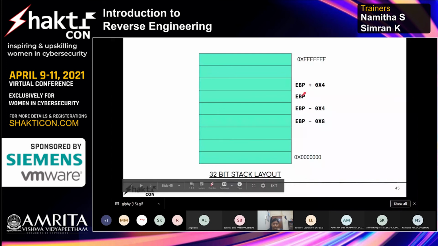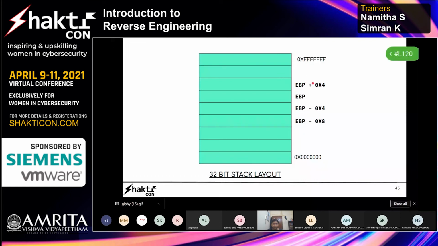So if I want to reference this, I'll say EBP plus 0x4. And why is there a plus? EBP is here, and we are referring to this memory which is above EBP, towards higher addresses. So we call it EBP plus 0x4. Similarly, for something that is below EBP, it's EBP minus 0x4, and then EBP minus 0x8 as we go down.